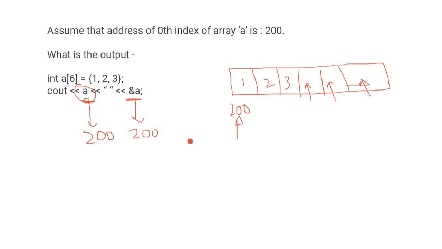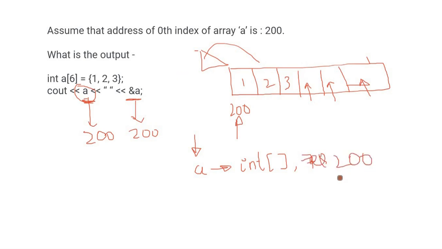Because when we cout A, what the compiler will do, it will look through the symbol table. It will find an entry for A. It will see that since int A is an integer array, it will have multiple values, so there is no one particular value which can be assigned corresponding to A. Hence, rather than assigning any value, it assigns the address to cout A. Therefore the value printed is 200.